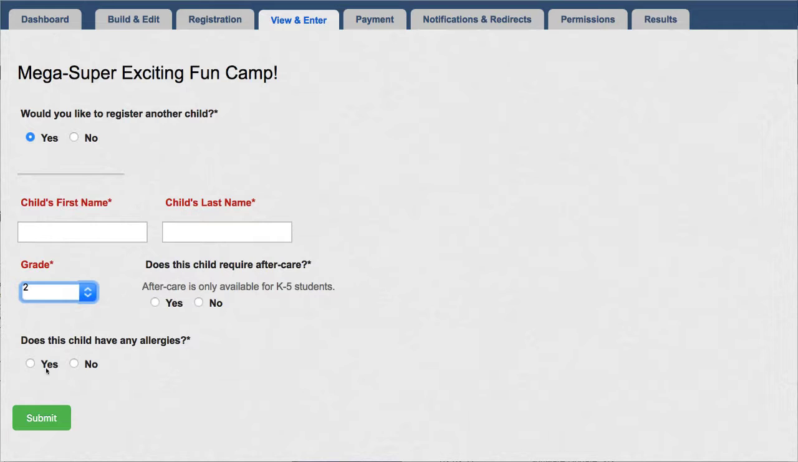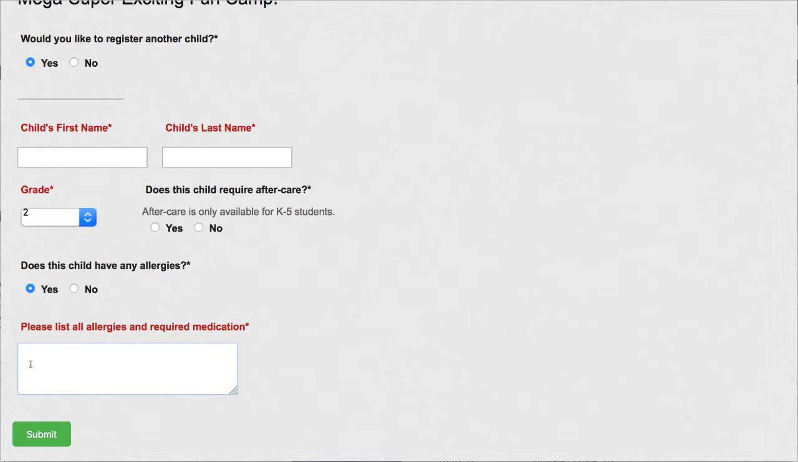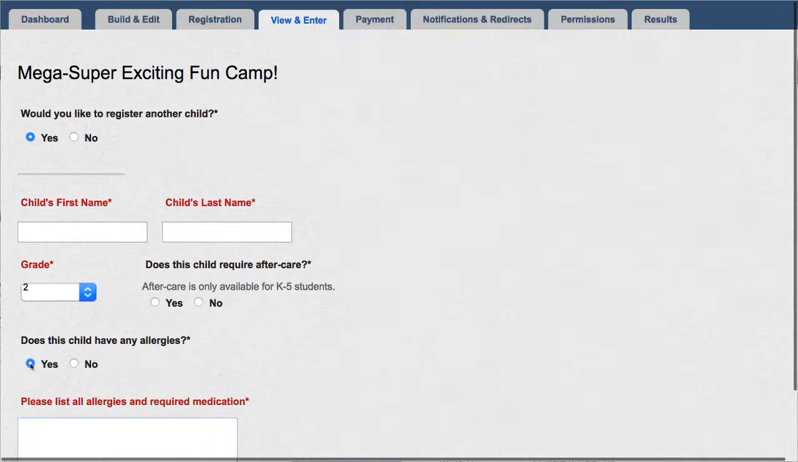And there's another dependency down here under allergies. If there's no allergies, nothing happens. If there are allergies, then it asks you to input information about those allergies. So just to show you what we have set up,